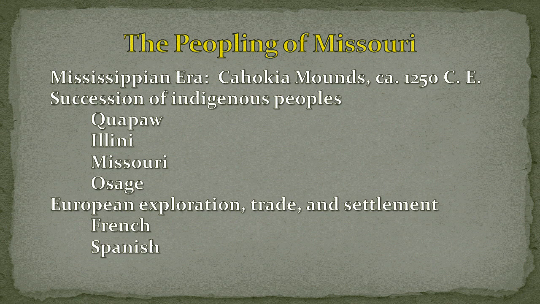By the late 18th century, European explorers, traders, and priests and settlers, they've all populated the west bank of the Mississippi. French immigrants will build communities at St. Genevieve and then to the north at St. Louis. And this area will shift from French control, or at least a French claim, to Spanish hands and then back to the French before it is eventually acquired by the United States in the Louisiana Purchase of 1803.